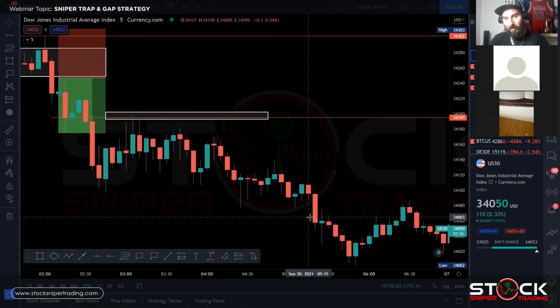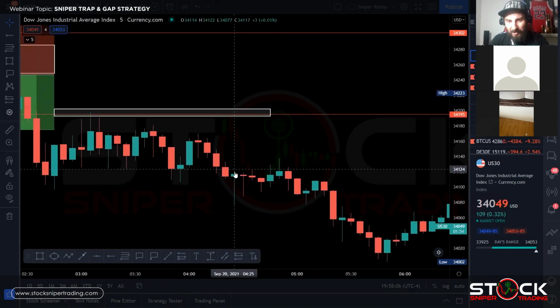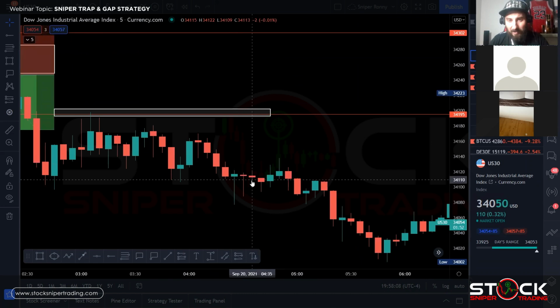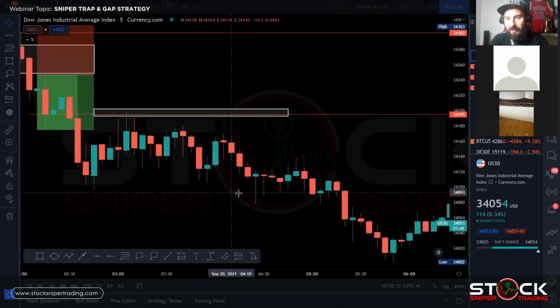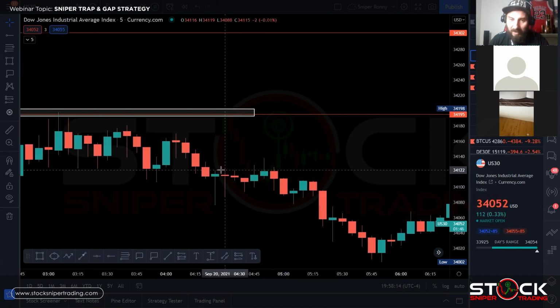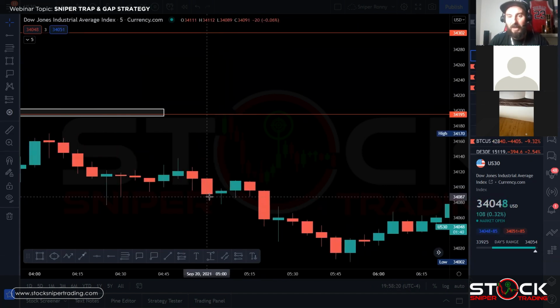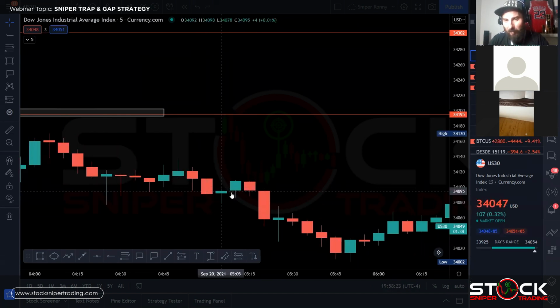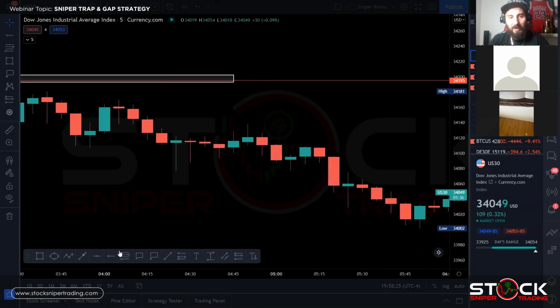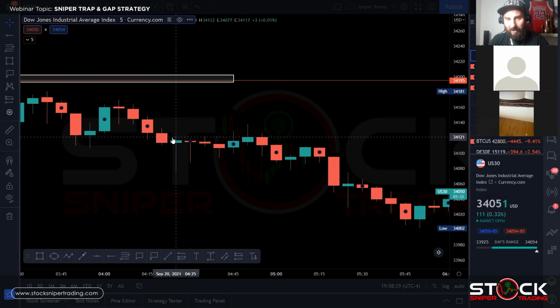So it breaks down. We get some more consolidation. See all these candles with these wicks and pin bars all over the place. It's very difficult to trade these. It's very, very difficult to scalp these, but it's easy to maybe spot these. And if you see them, maybe look for more of full body candles that you can kind of trap. Things like this, you want to trap these candles. If I grab those,